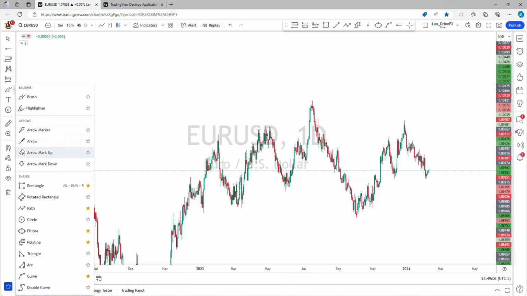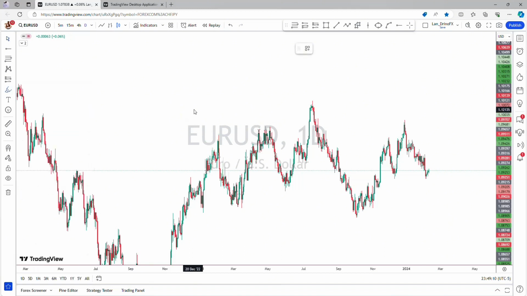In case you want to highlight something, you can pick the highlighter here. You just go to your screen and you tap. It will highlight, okay? Just tap anywhere, it's going to highlight. If you want to delete, simply delete from here. Or you can just go to this undo arrow over here and you just click. It's going to remove everything, okay? Now,